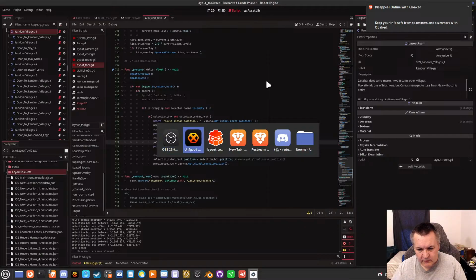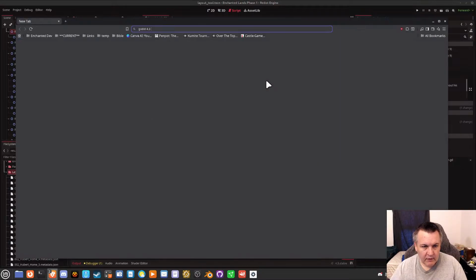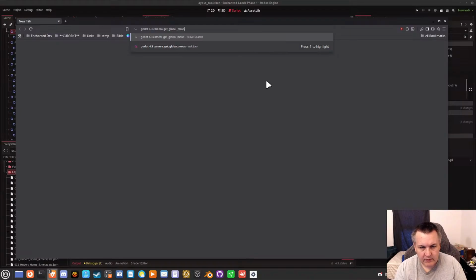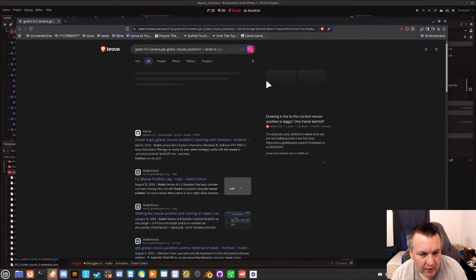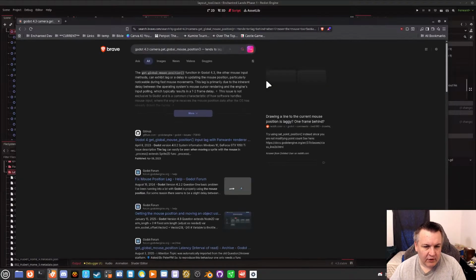Wait a second. Get mouse position tends to lag behind when I move the mouse too fast. We'll say it like that. Leo will probably try to deal here, but